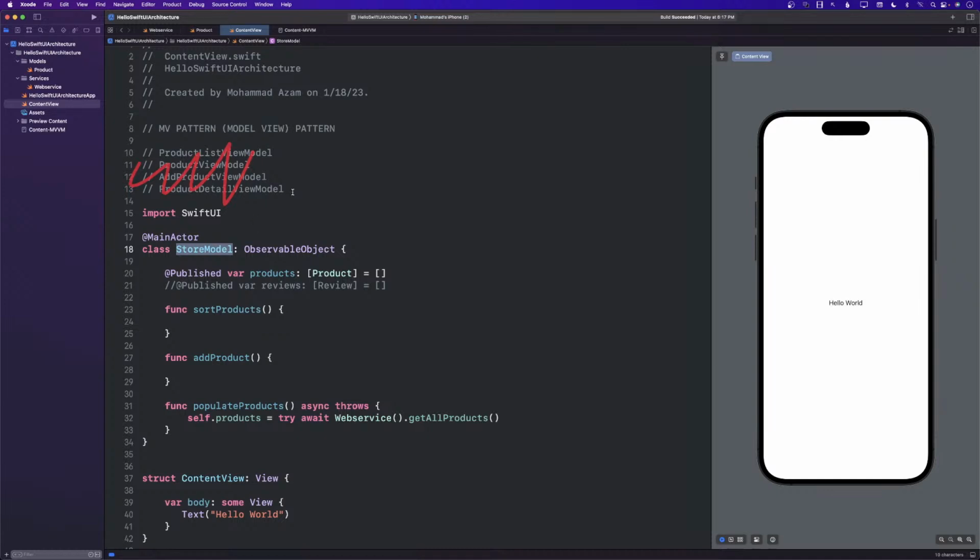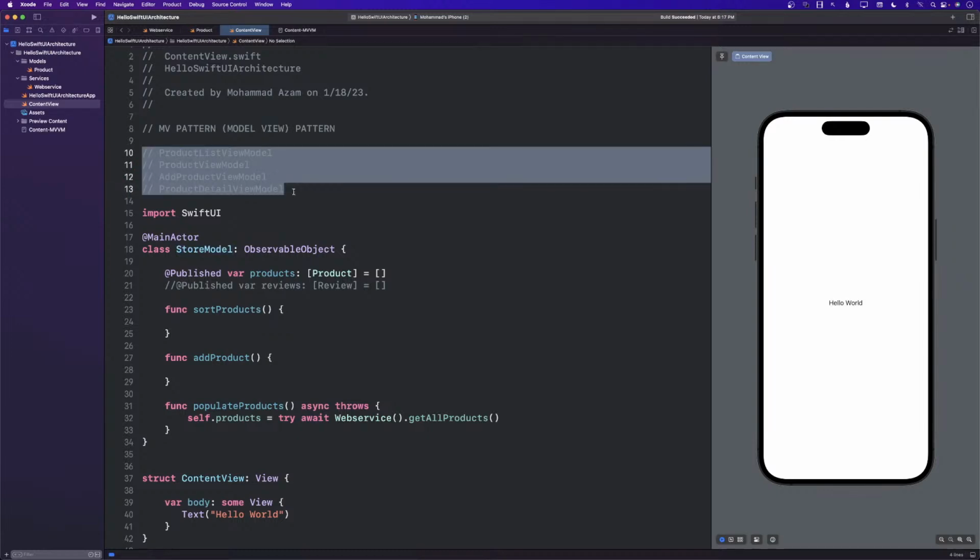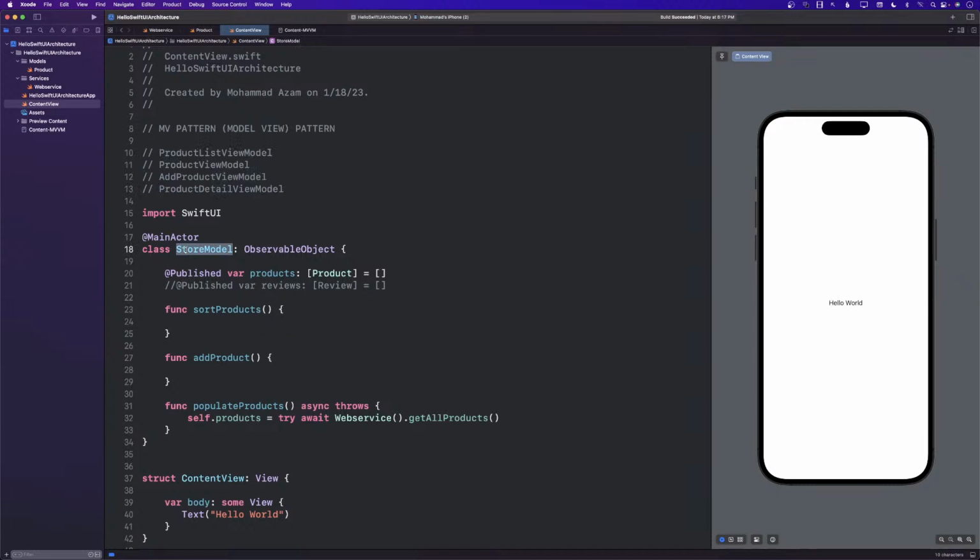All right, a very important thing. The other thing which I found, at least for me, is that this will become kind of like a single source of truth. All the maintenance stuff, all the different properties that are being populated, will be part of the store model. Meaning, if I have products, I have them over here. If I have reviews, I have them over here. So the only interaction of the view will be through this store model, and that's pretty much it.